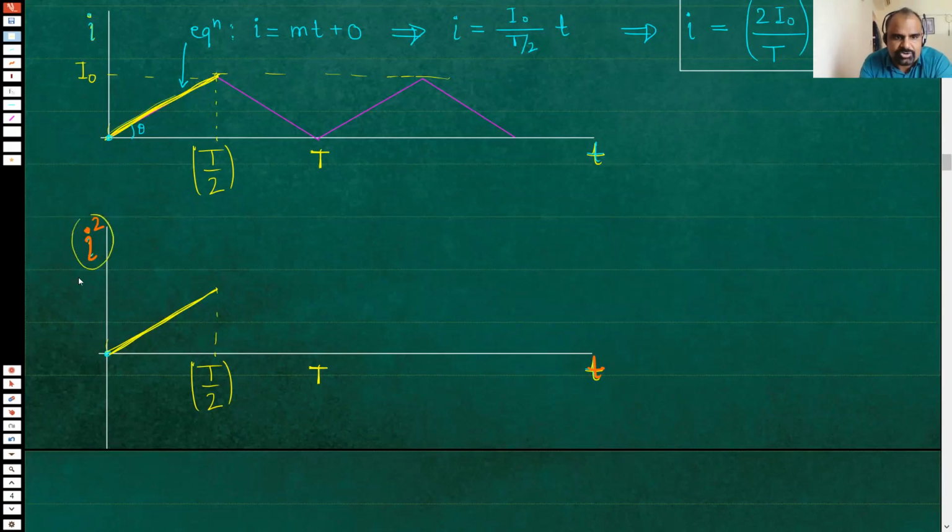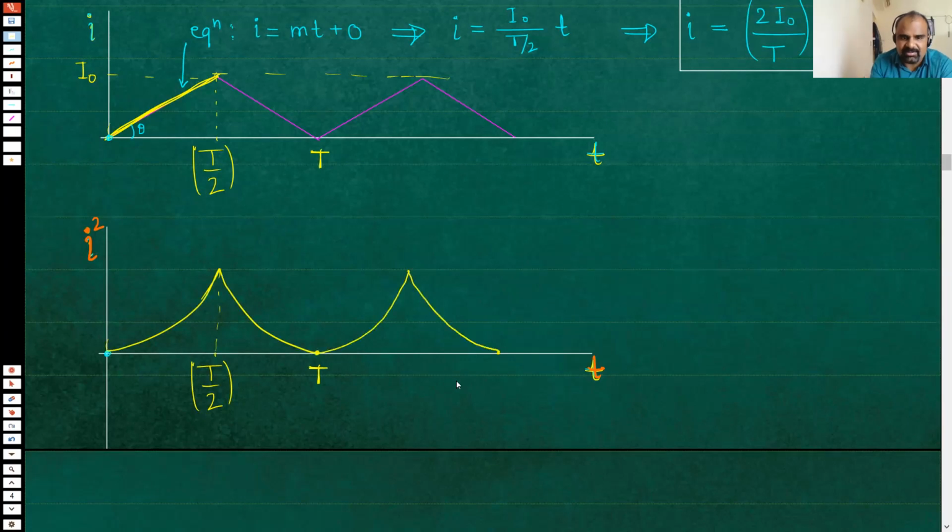No, sir. It will turn into a quadratic line like this. And then from here to here, again, it was a straight line, but when you square it, it will become like this. And again, like this, like this. When you square it, it doesn't remain straight, right? It will become parabolic, quadratic. Basically, quadratic means parabolic. What will be the maximum value of this? It will not be I naught, it will be I naught square. And that's obvious.